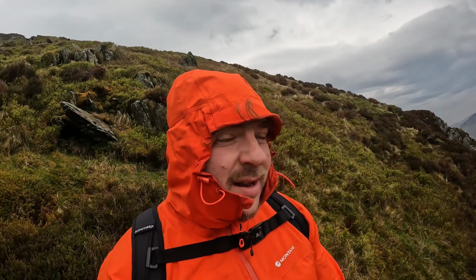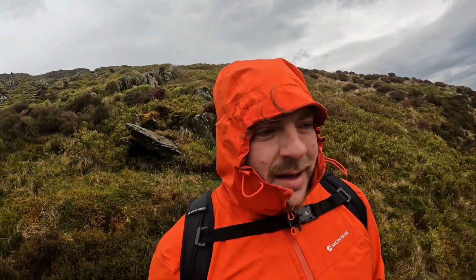But yeah, I'm going to get back down this mountain now, and then if you're interested, I'm going to show you what I have in my bag on a wet, windy, risky walk like this, just in case you need some ideas on what to pack. So they're my little tips of the day. I hope you found them useful. Most of you are probably doing them already. It's just a little guide for people out there who have never experienced a summit in such weathers before. But yeah, next clip will be me at the car going through what's in my bag,